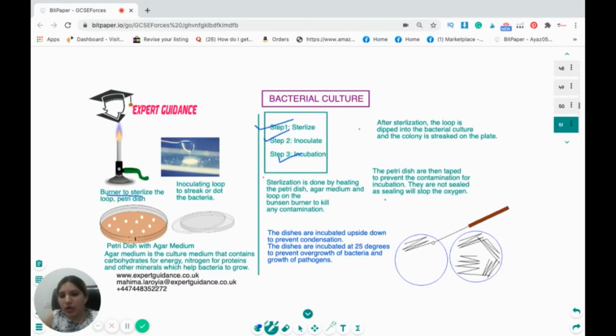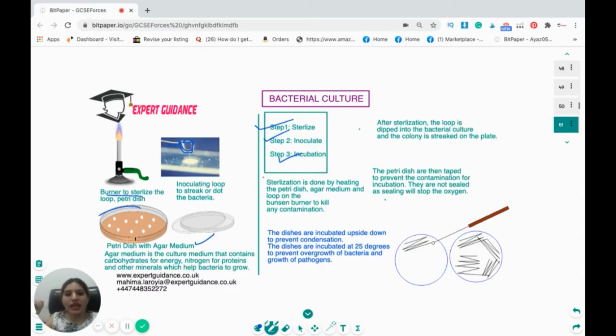It's a long rod with a wire which is rounded at the end, that is used to touch the culture, and then you can streak it, dot it wherever you want to grow the bacteria. The bacteria are grown in these glass plates, which are petri dishes. They have a medium called the agar medium. Agar medium is a culture medium that contains carbohydrates for energy, nitrogen for proteins, and other minerals which help the